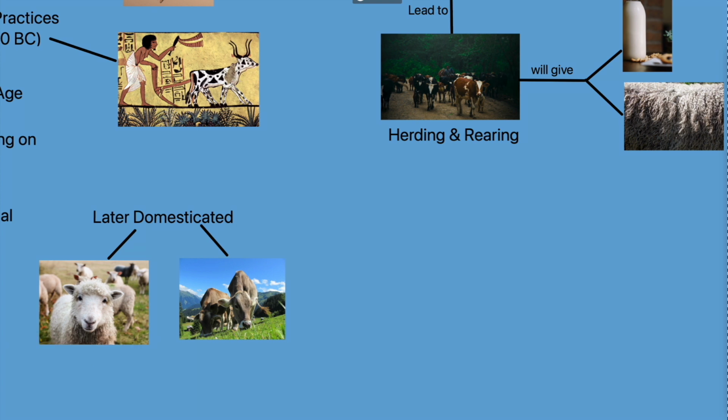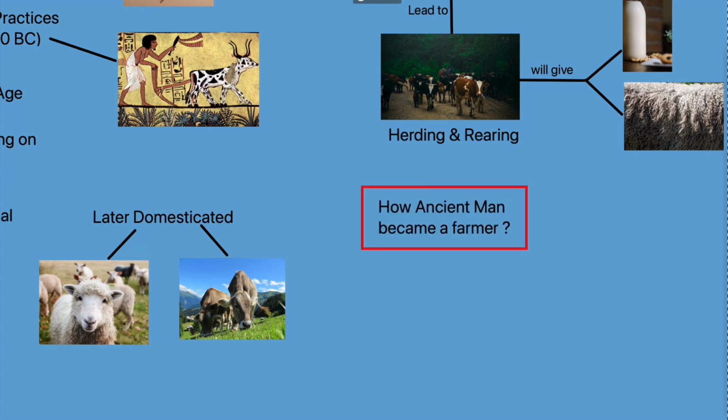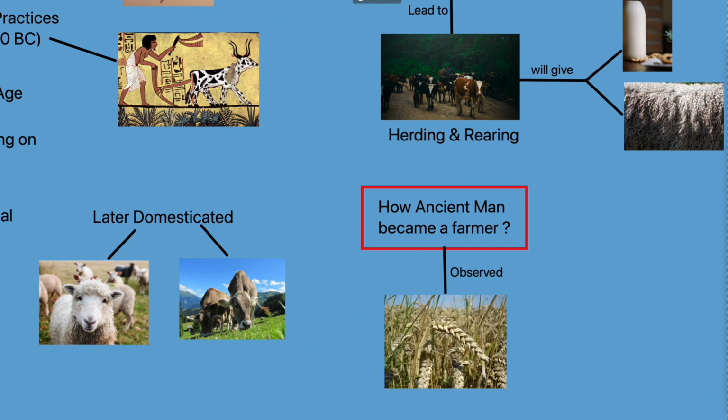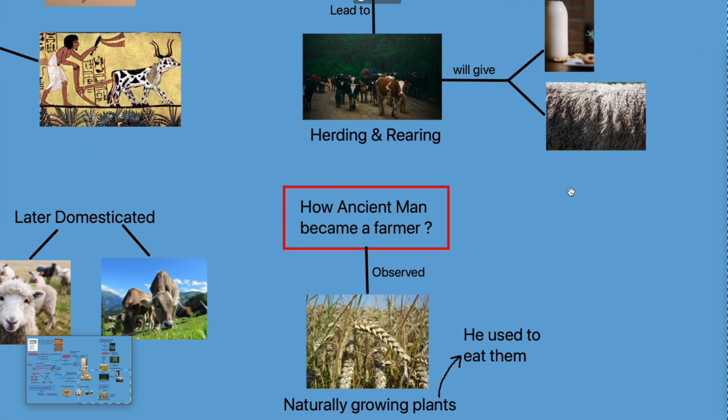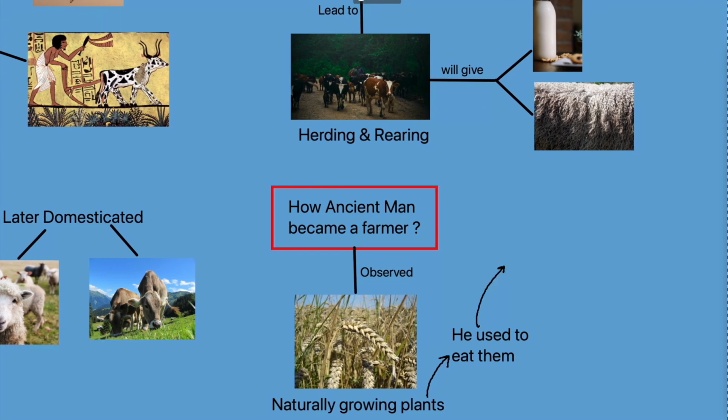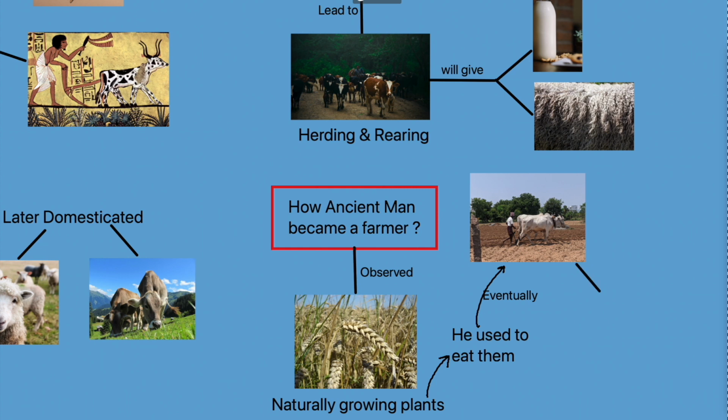Now, how did he become a farmer? See, this is also a kind of similar story. As we talked about the growth of natural dense forest and grasslands around this time, that is around 10,000 BC, there were some naturally growing grasses which had grains like wheat, barley and rice in them. The ancient human used to pluck these grains and eat them. Eventually, he observed their growing pattern and started to grow them on his own, and that is how he became